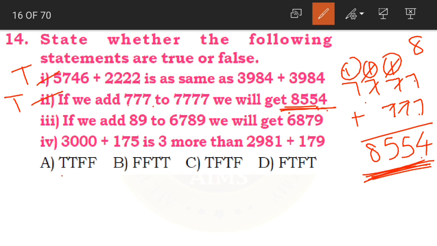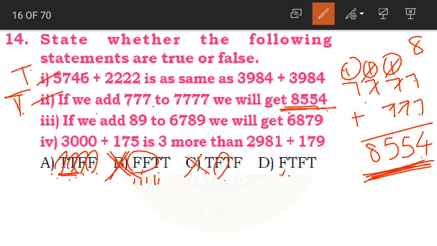Now if you look at the options carefully, only option A has both the first and second statements as true. See, this means 1, 2, 3, 4. First statement is true, second statement is true, third and fourth are false. This means that here first two statements are false, it seems. No, right? This is true. So both the statements are true. So this is wrong. Now in option C, first statement is true and second is false. But we got second as true. So again this is a wrong option.